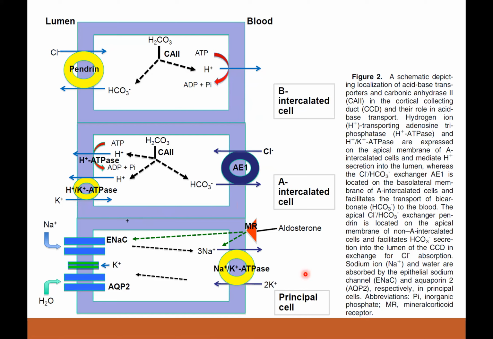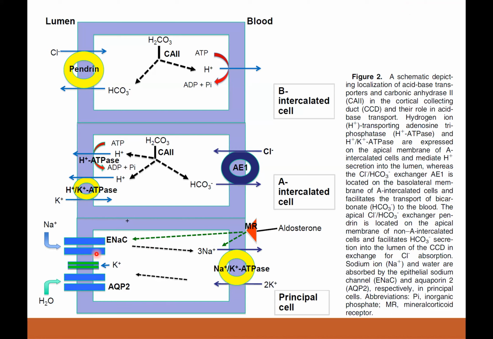Then there is another cell in the distal tubule, which is called the principal cell. This principal cell is slightly different in that it is controlled by the mineralocorticoid receptor. We know that the mineralocorticoid receptor is activated by aldosterone. What does it do? It opens the channel. These are called the ENaC channels. So this channel works like a gate, like a floodgate, it is open and the sodium just moves in under the influence of aldosterone. If there is excess aldosterone, excess sodium is reabsorbed. That's what we see in aldosteronism.